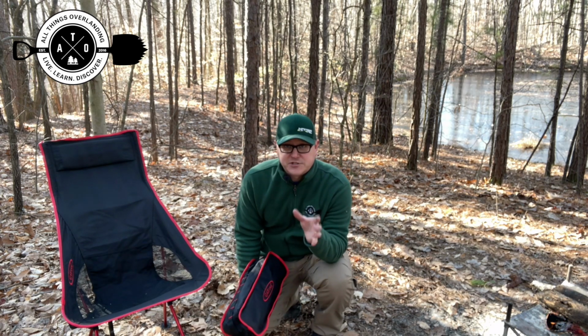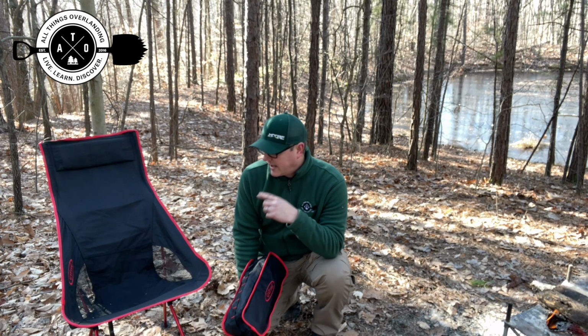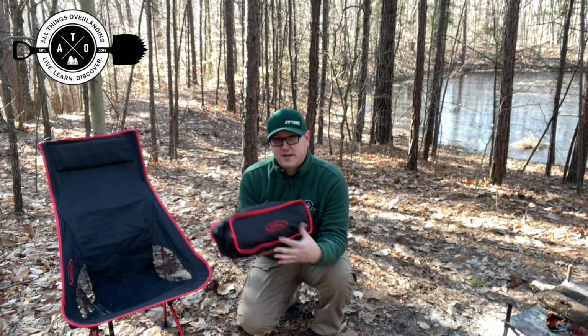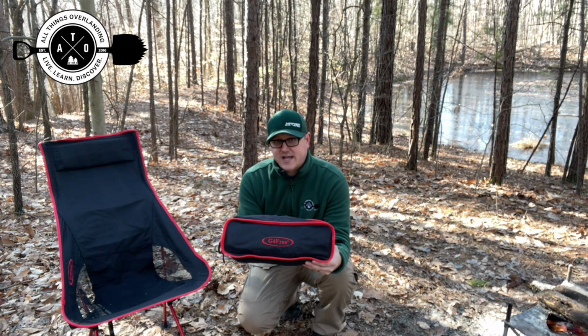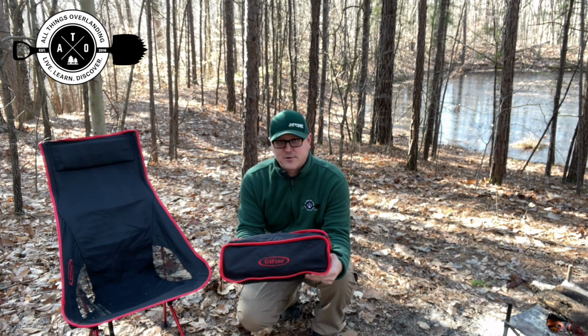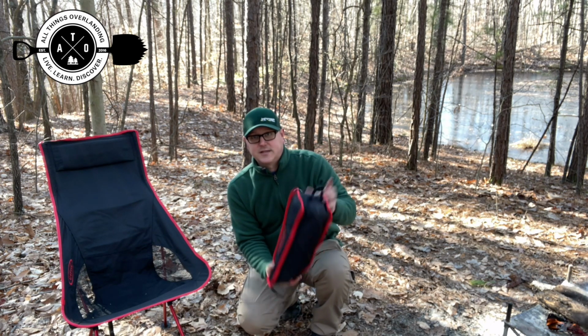Alright guys, so as I mentioned, today I'm talking about my G4Free folding aluminum chairs. I actually bought a 2-pack of these because I like them so much. This is how big they are when they're folded down. So again, compare this to any of the old school folding chairs that you'd find at a Walmart or a Costco or something like that, that are 2.5, maybe 3 times the length of this and about the